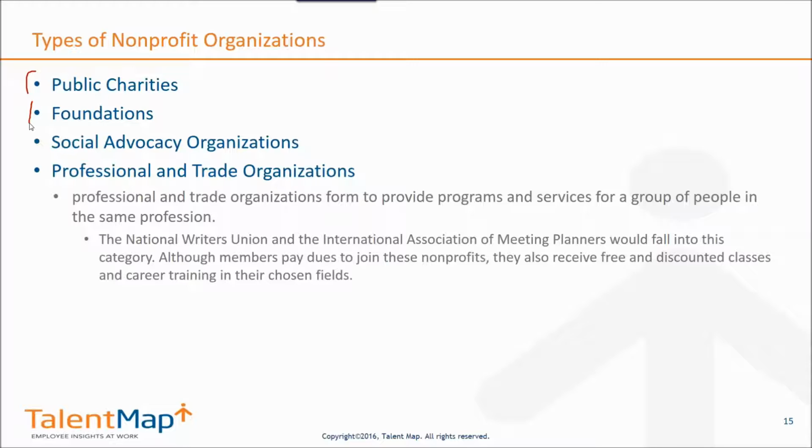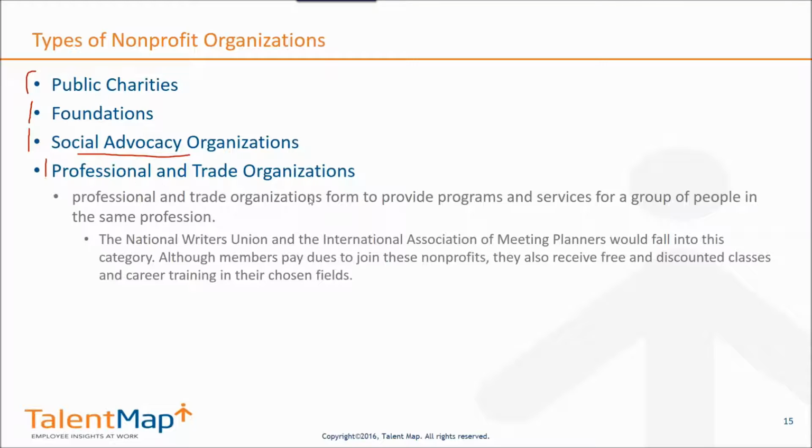The Bill and Melinda Gates Foundation is one example. They don't actually do a lot of the work in terms of the science and in terms of understanding issues. What they do is they have the money that they give out to the charities. So those are types of charities. There's another type which we often work with, whether they're cause-driven or social advocacy organizations. They could be around wildlife. Greenpeace would be a very good example, or the Sierra Club. Also, health-driven issues like diabetes or cancer. Those are types of advocacy organizations where they're really driving towards a key mission or vision.